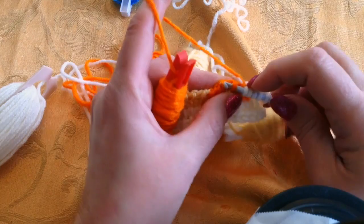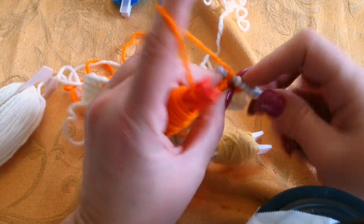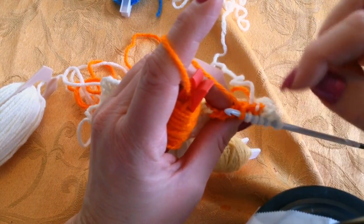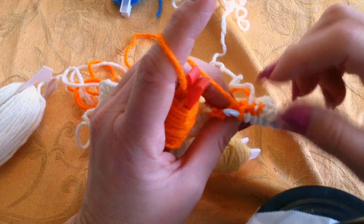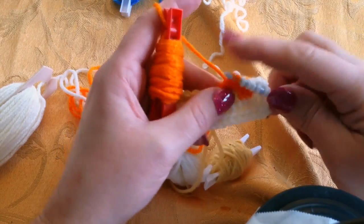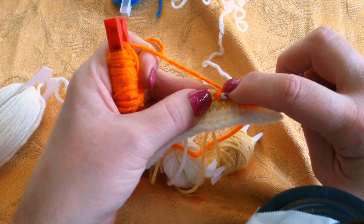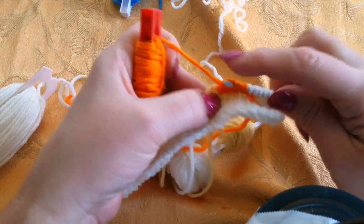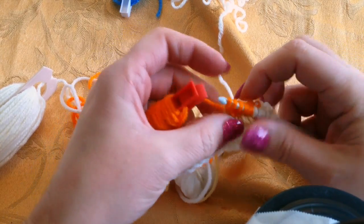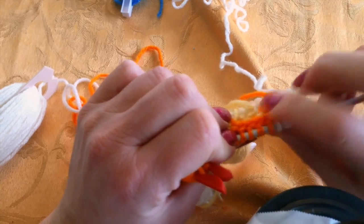So I want to find the 5, and because I carried it, I can cross it easier, and then I don't have a big long piece of yarn going across. So this is 5. That's 2. That's 3. That's 4. And that's 5. Okay? So see how it just kind of works its way in and it doesn't create a